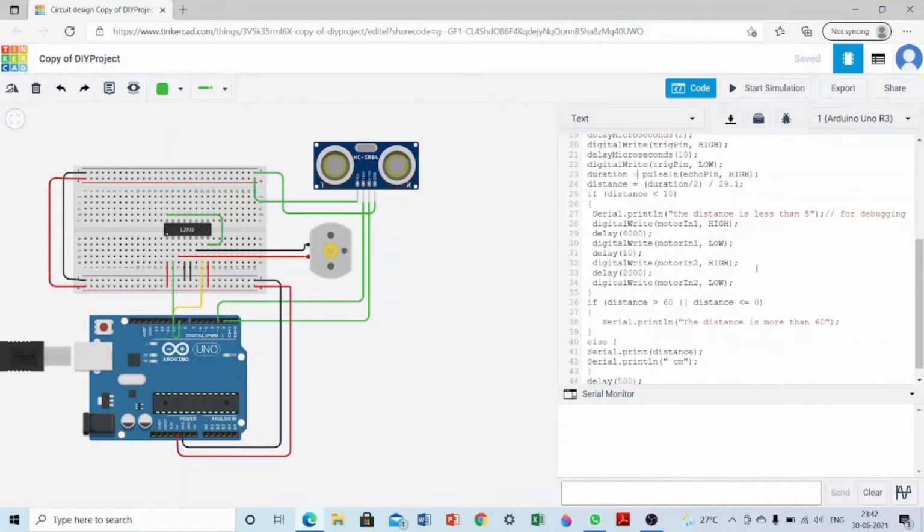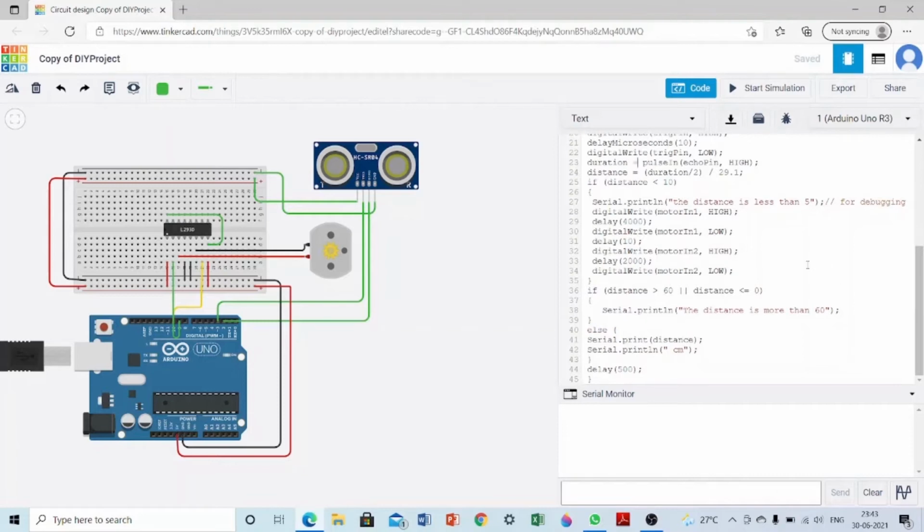After measuring the distance, we go to some if else conditions. The DC motor starts rotating when our hand is within a certain distance of the sensor. It should not be too close or too far, somewhere around 0 to 5 centimeter range. This 0 is not at the sensor, but I think some 6 centimeters away from the sensor. Before that we have a dead zone. We will come to that.